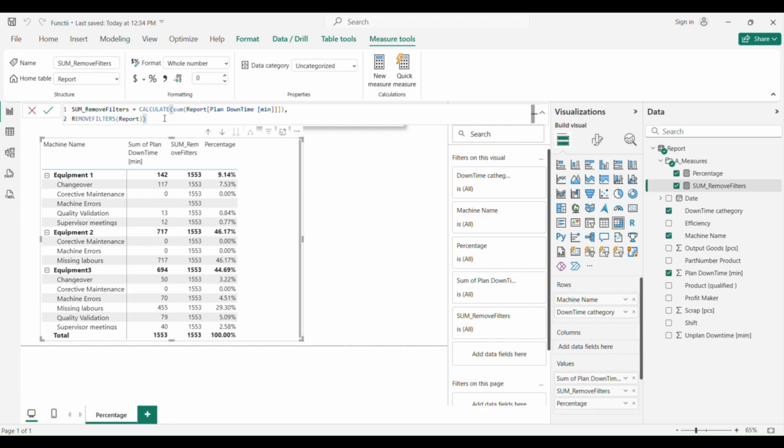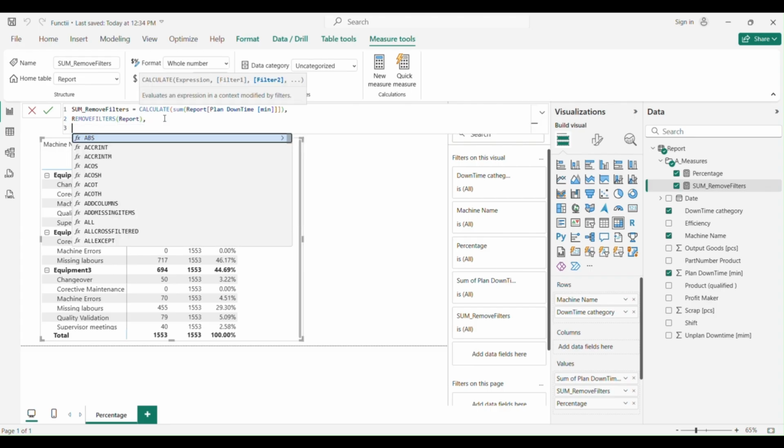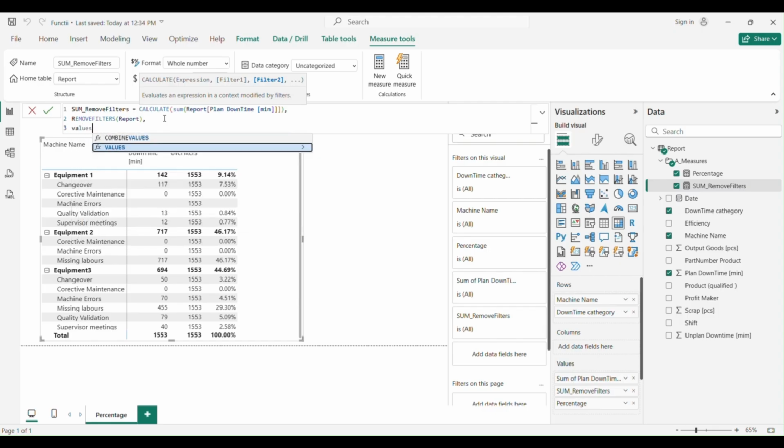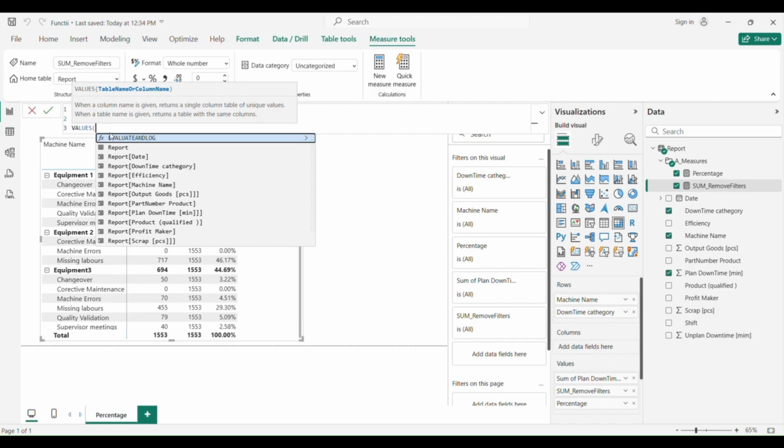So remove filters actually remove everything from the table, because I put only the name of the table there. So now if I delete this parenthesis, I will put comma, shift enter, and I add a new function, values. This will help me to keep my first category unchanged.